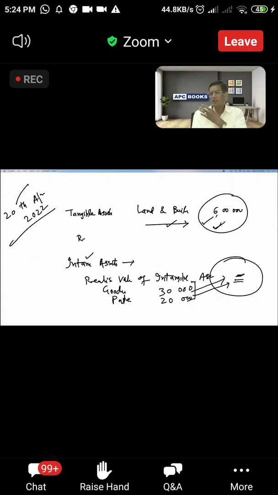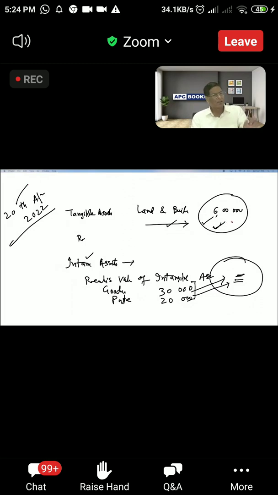CBSE issued its sample paper yesterday. That sample paper contains 2 accounting ratios which they have added in the syllabus. 2 ratios are given in that specimen question paper. So, one change was that. Second change is tangible assets will be assumed to be realized at book value if nothing